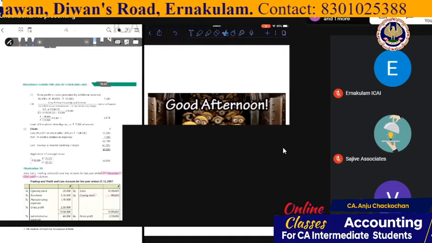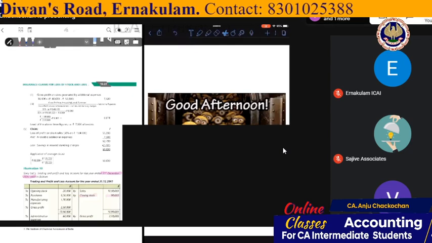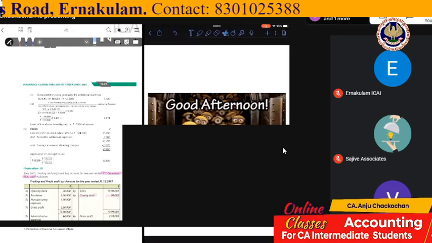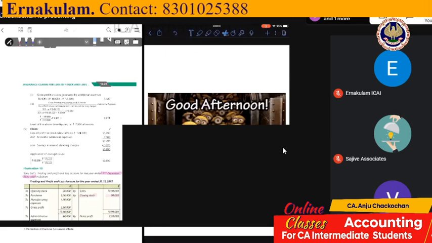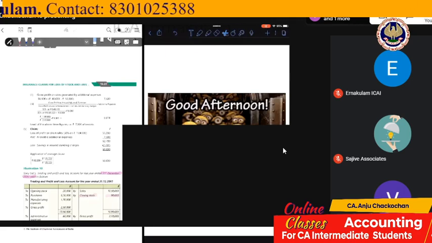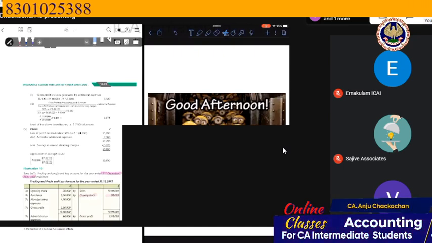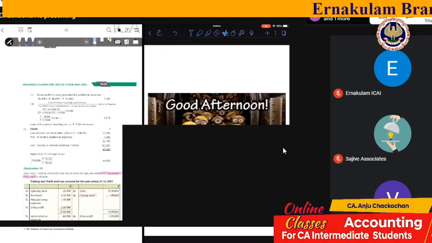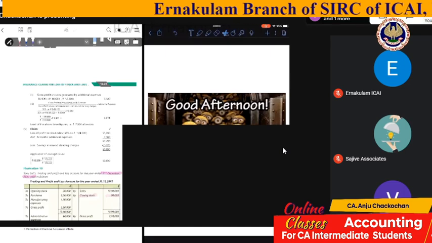We also had a formula for computing GP percentage. What was that? It was net profit plus interest and standing charges, whole divided by turnover, into 100. And the third one: what is the increase in turnover because of this additional expense, and because of that, what is the profit? What is the GP percentage on the increased turnover? This was the third step. So we compare all these three and we take the least of that, and hence we get the actual